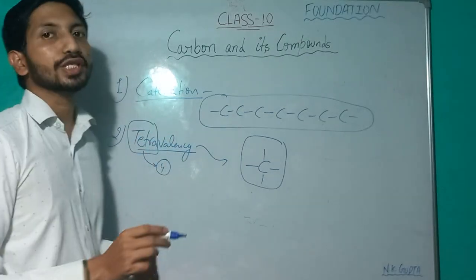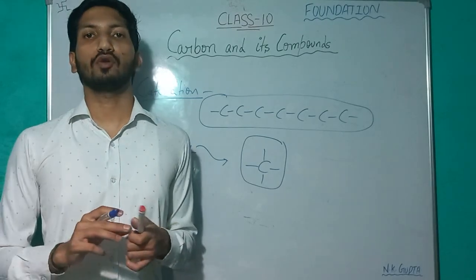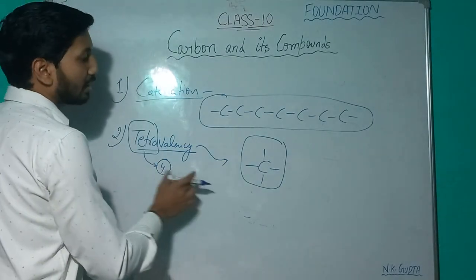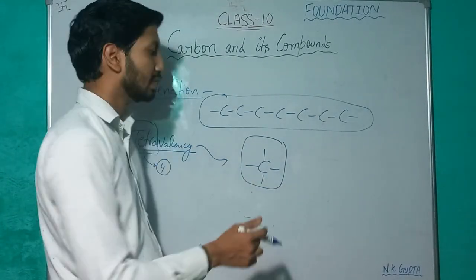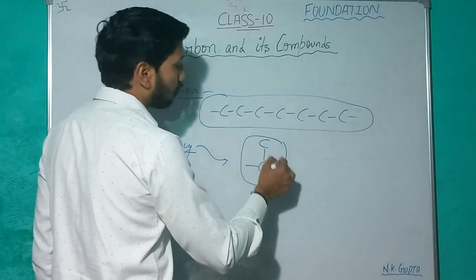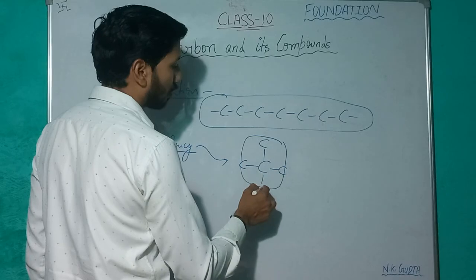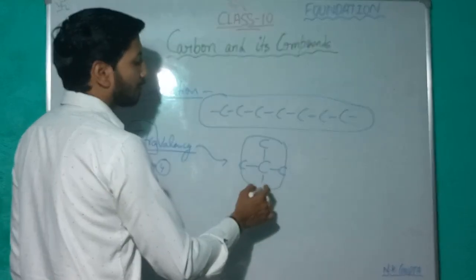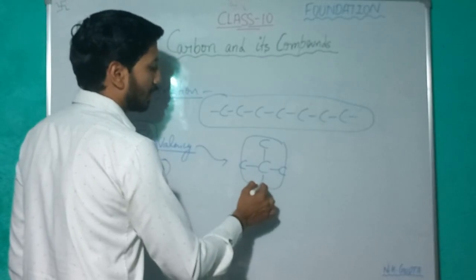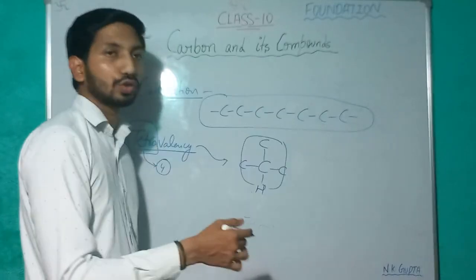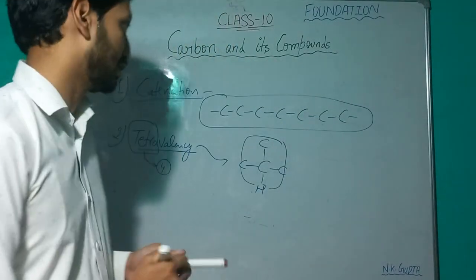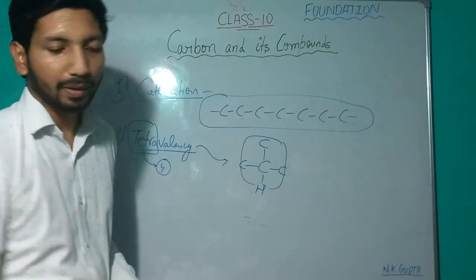In the outermost shell of carbon there are 4 electrons present, so that's why carbon is also known as tetravalent. It can form 4 bonds either with carbon or with other elements, like hydrogen, oxygen, with double bonds, these things. Is it okay? Next property is